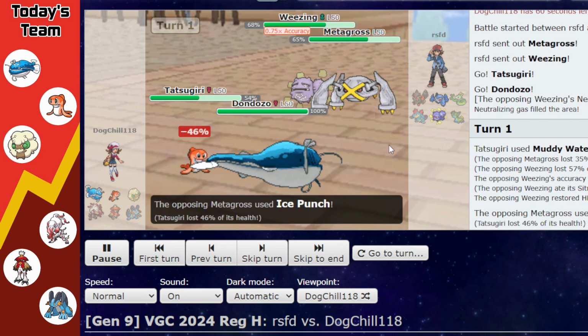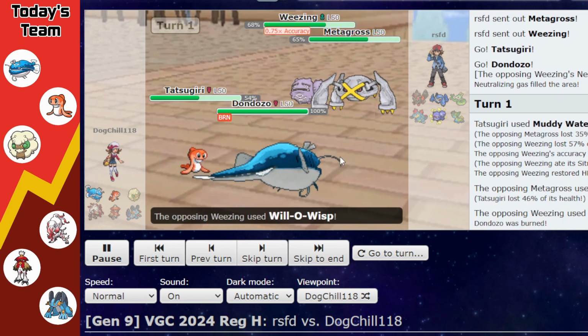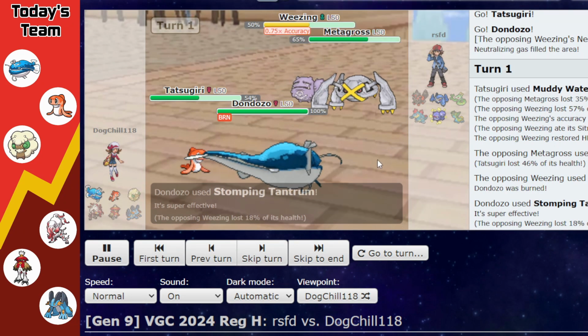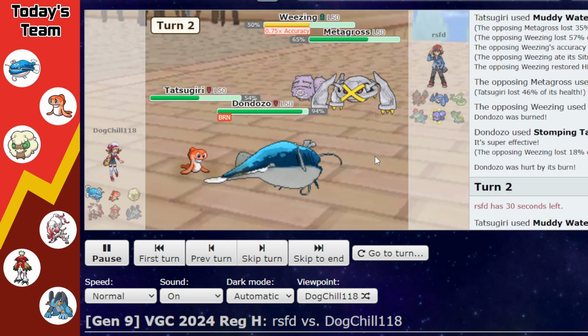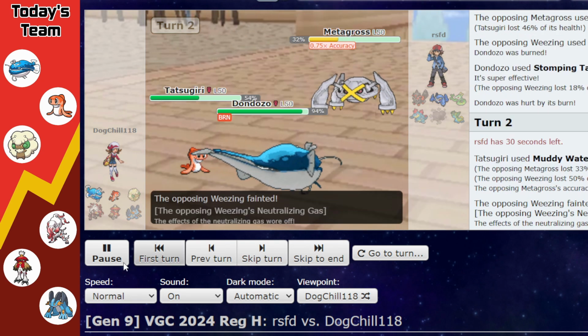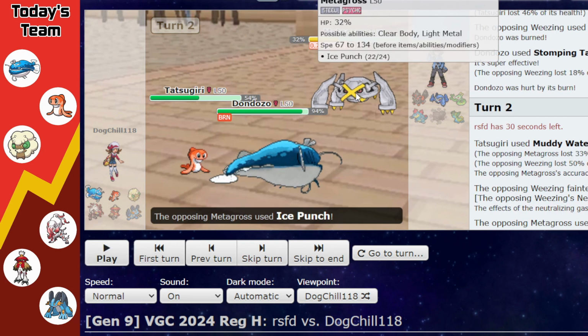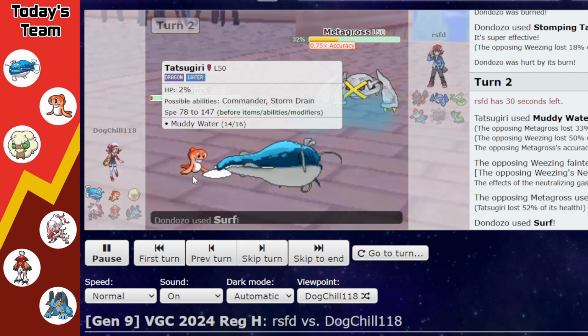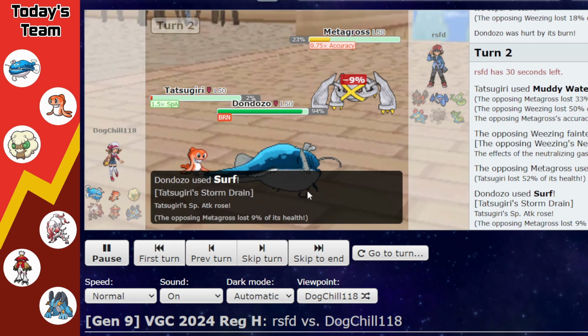Weezing is kind of at a 2-hit KO range because of its berry, but they Ice Punch, and then they Will-O-Wisp into Dozo. Our Stomping Tantrum pushes the Weezing back into 2-hit KO range from Tatsugiri, so we get the Muddy Water off into Weezing there. Because Weezing's ability was still activated, the Metagross gets an accuracy drop, which it wouldn't normally get because it's Clear Body. They Ice Punch into Tatsugiri again, but we get the Surf, and that